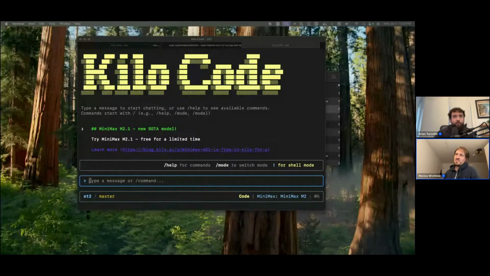A really bad example for using YOLO mode with the CLI is, for instance, a database migration. Doing a database migration with YOLO mode is never a good idea. Prompt injection, yes or no, you will most likely end up with problems, or at least the older models used to have no understanding of, okay, if the data is gone, it's gone. They usually delete your database very quickly and you end up with no data at all in production. So it's very wise to look into what type of security and safety you have on a specific task, and then decide how much supervision you want to have here. Right, makes sense.